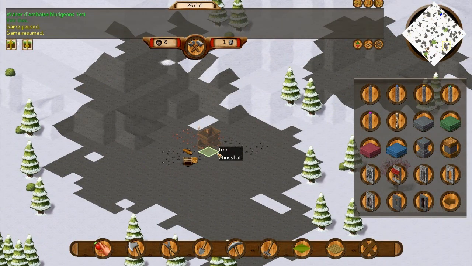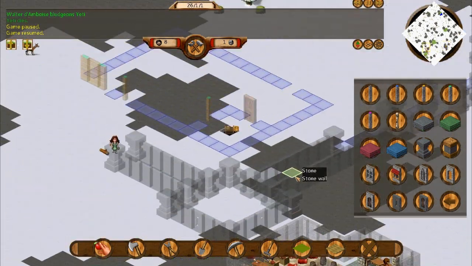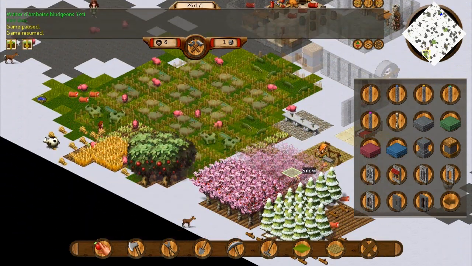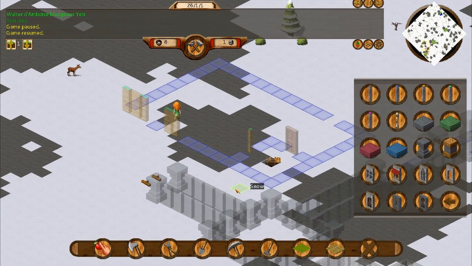It looks like the mine shaft for the iron has been created, which is really good. It means that we can now get a smelter made and an anvil, and we can start making some iron weapons and stuff. But more importantly, we can build a stove in here instead of constantly having to make a cooking fire and stuff like that. We'll build all that